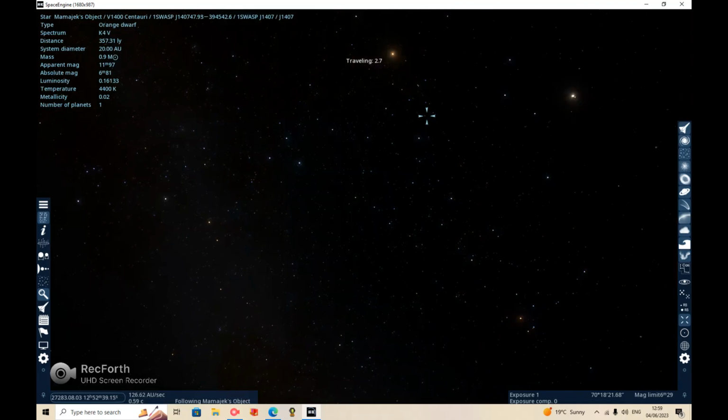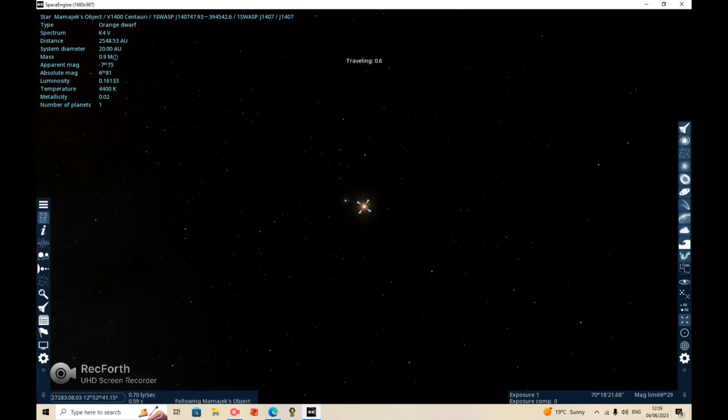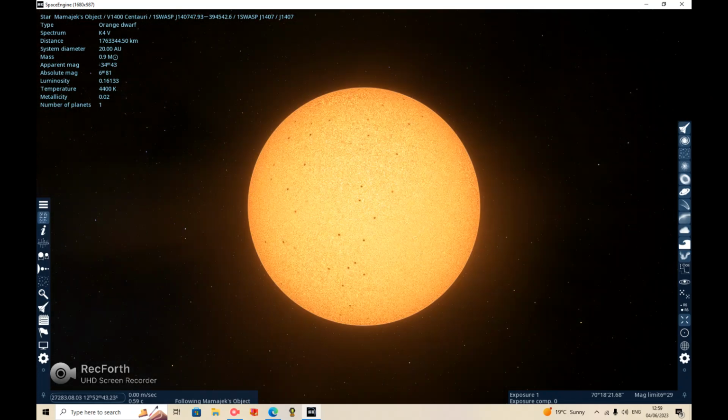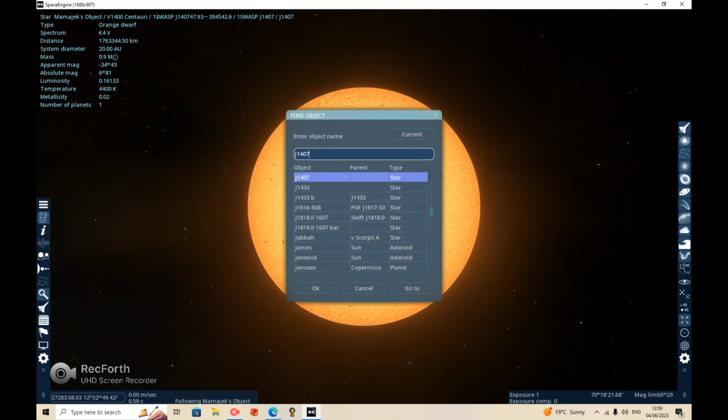J1407 star, and you see the thing. Trust me. The quick glimpse of it. And if we type it in, well, it's a surprise, so I can't just click go to. What a surprise!